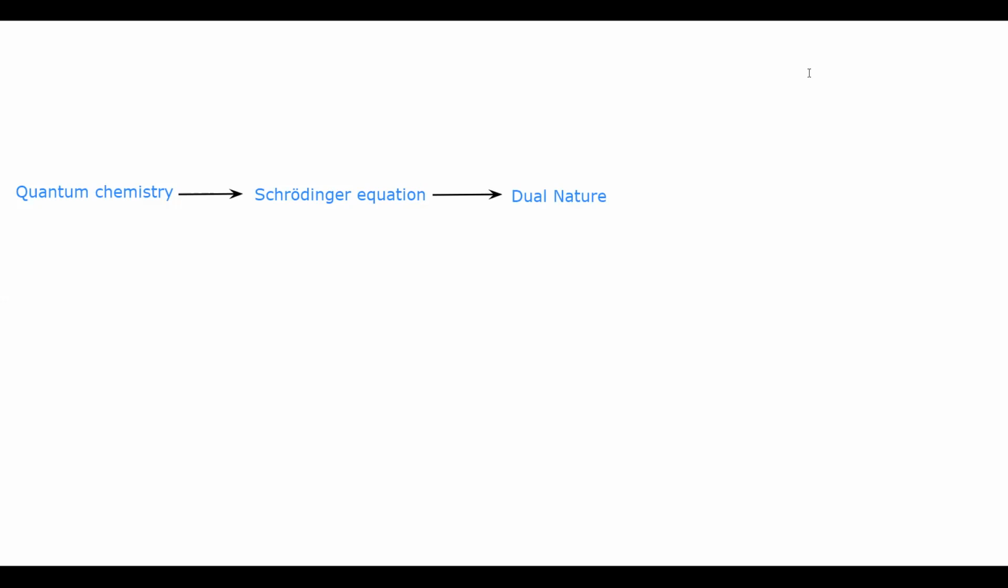where psi is usually spelled wrong. It should be psi, but we call it psi, which is not correct. It's supposed to be psi. So psi,